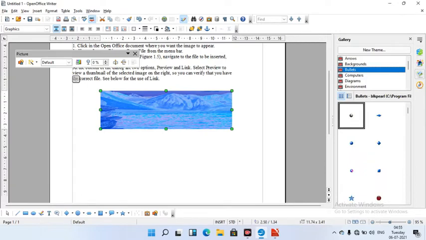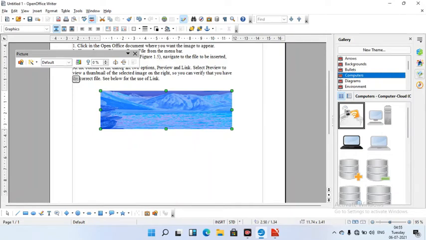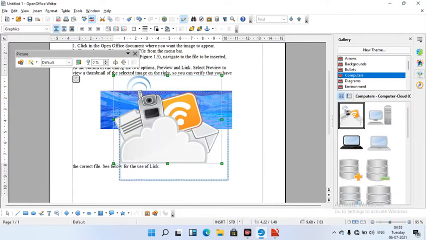And bullets, there are many different types of bullets here. And computers, if you want to place it here, you can just drag and drop like this.